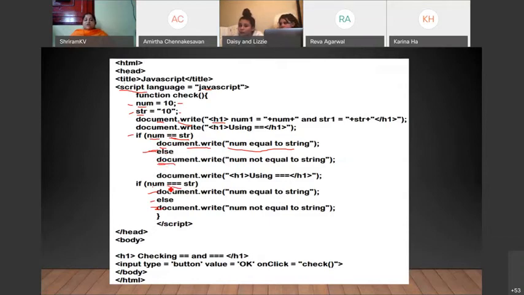If both are strictly equal, I'm executing this line. If both are not strictly equal, else, I'm executing this line. Now, in the body, I have a button placed, which on click calls this check function. When I run this, when I double click on this HTML page, I get this particular